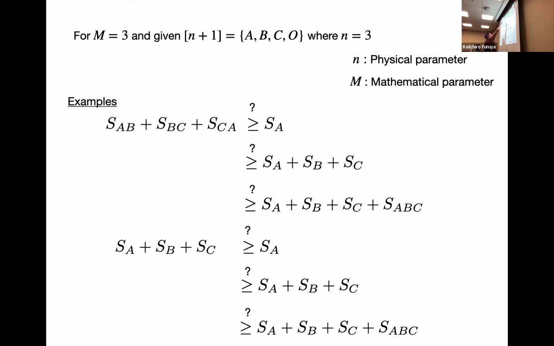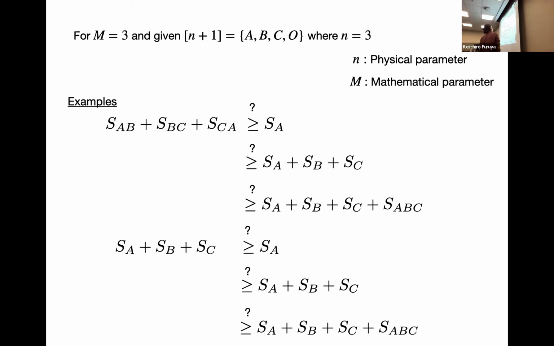But even if you pick the same n, a small n equal to 3, you can have A, B, B, C, C, A. This time you put A twice, B twice, C twice, but in this case you have A, B, C single times. But the question is, what are the lower bounds of this one that you can find?